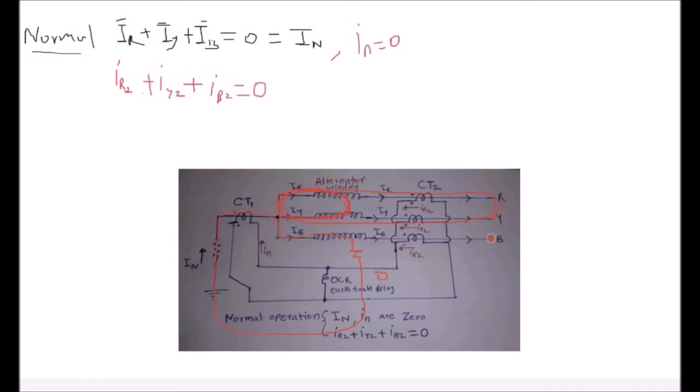Now, if an external ground fault occurs, then what happens? This current will circulate through ground and then through neutral and then the CT1 primary and then the respective phase and completes its path. Now in this case, the fault current is flowing in the CT1 as well as the CT2 set. Therefore, zero current will flow through the earth fault relay and the earth fault relay will not operate. That is, this protection scheme only operates for an internal earth fault.